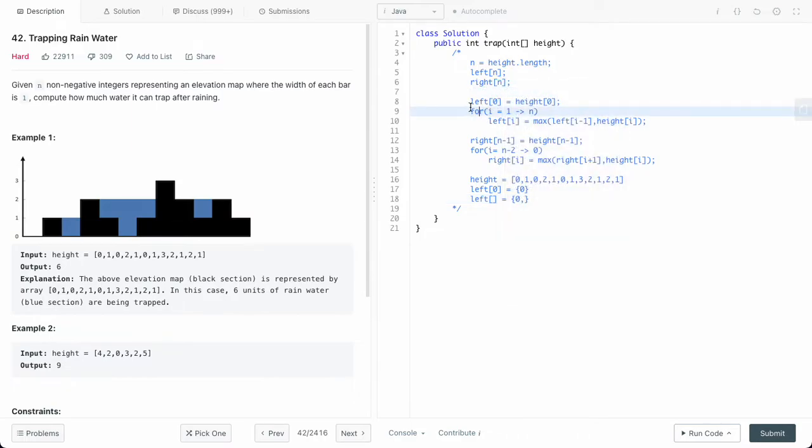Then I'm explaining what we are doing in this iteration, from i equals 1 up till n, the last index. At left i, that is left 1,